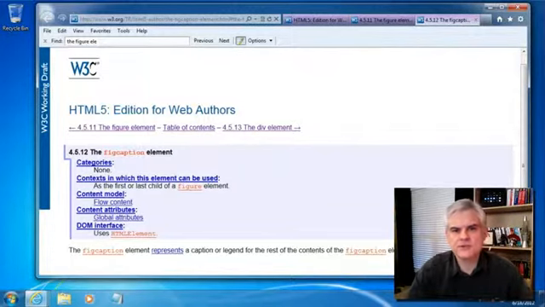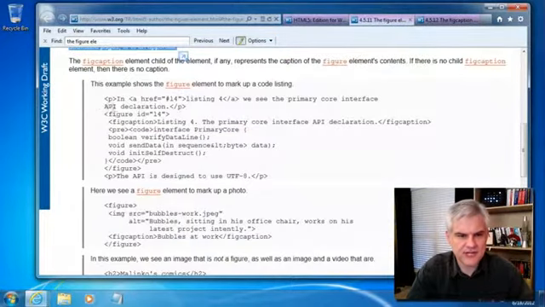So a figure is used to include photos, illustrations, code, diagrams, listings, and so on without affecting the flow of the document. It can be moved to its own web page, or it can be moved away from the place where it's referenced. And so if you take a look on this page, you can see in this example